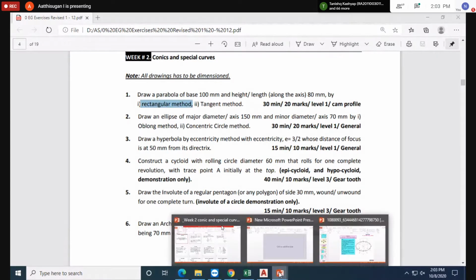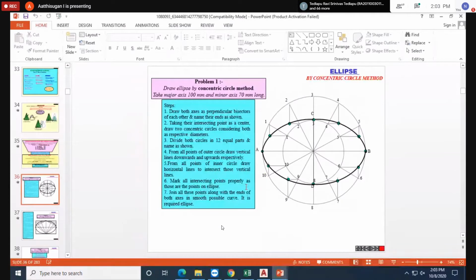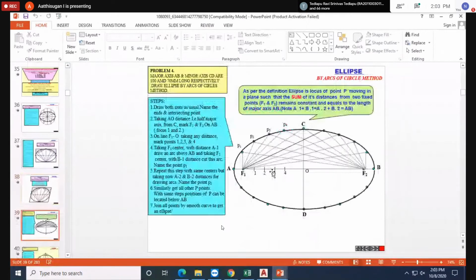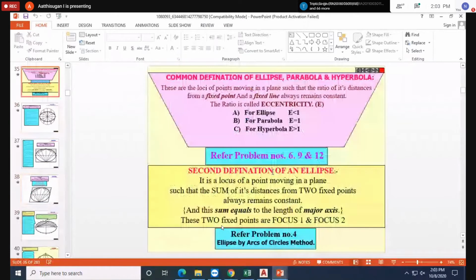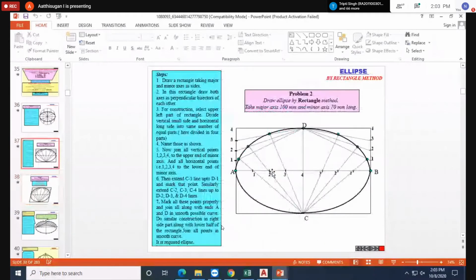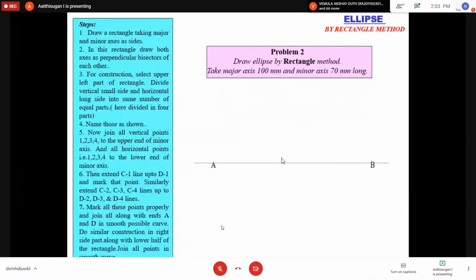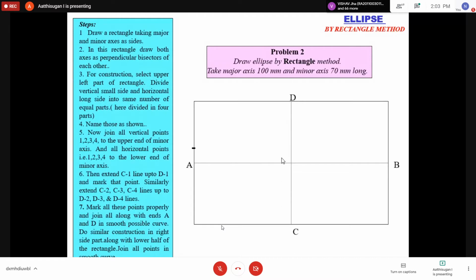Okay, so the oblong method, the rectangle method I discussed, and the concentric circle. So this is the rectangle method. I move fast because I'm just recalling your topics. Okay, so draw a rectangle with your dimensions, then divide it